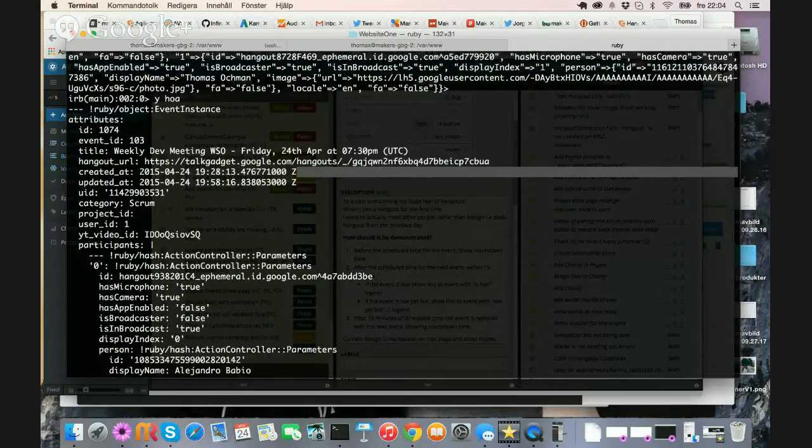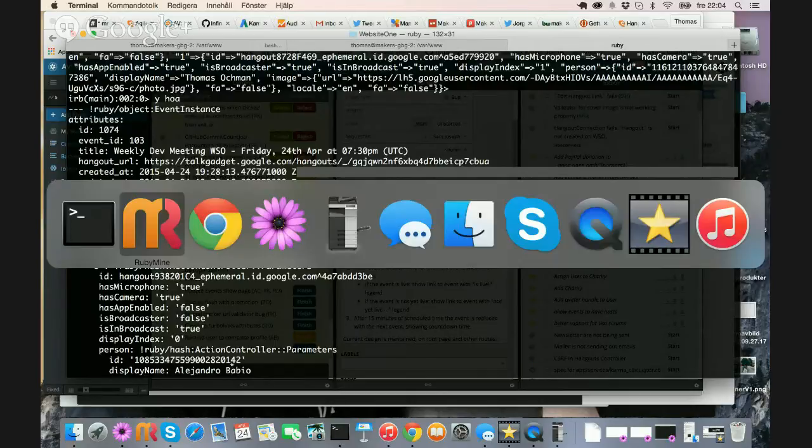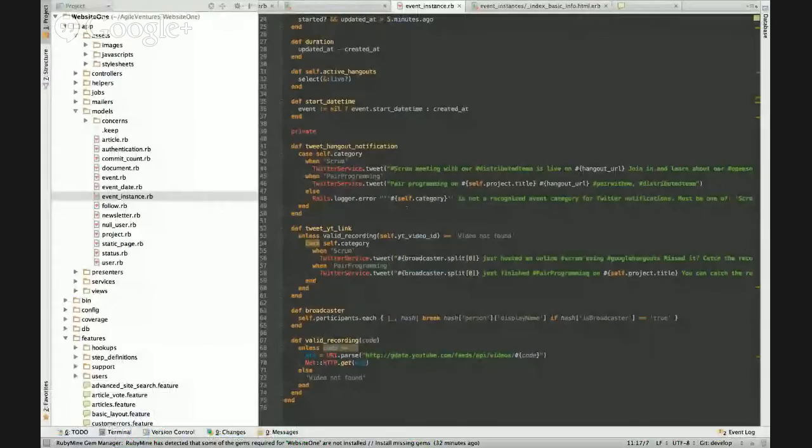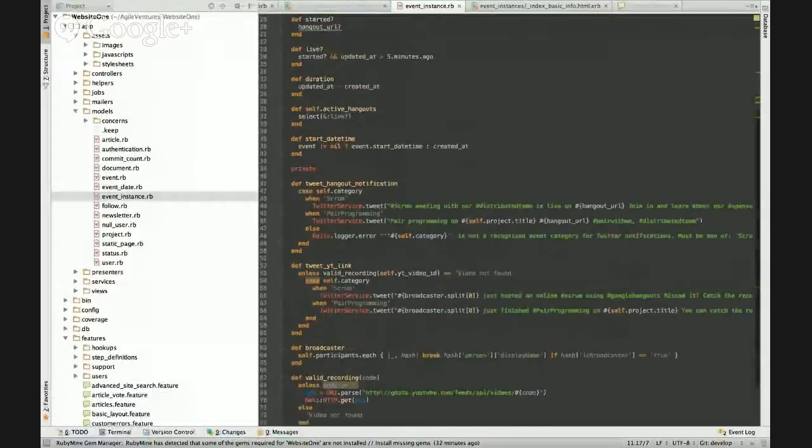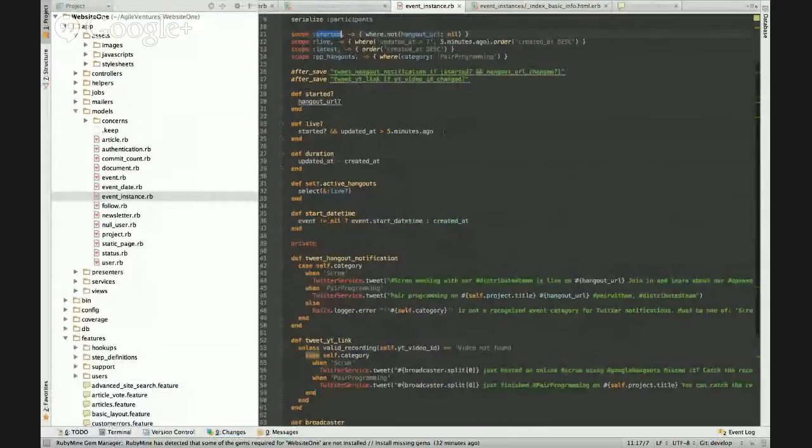And also another thing is that this assumes that the Hangout connection app is actually communicating all the time with the event instance. What if it stopped working for some reason? It cannot communicate back to the website application. It could be a problem as well.